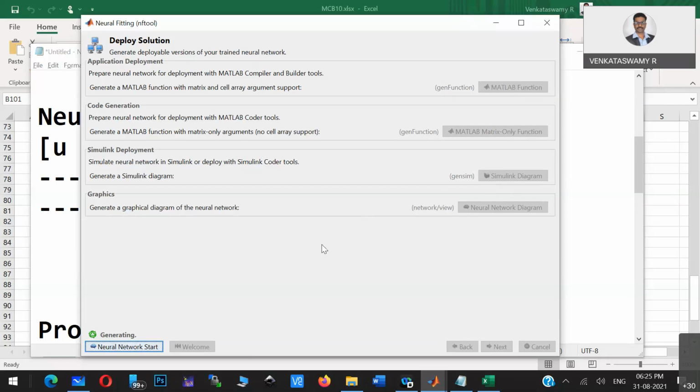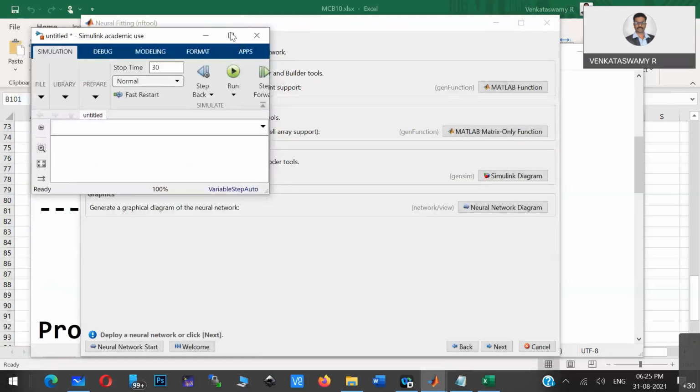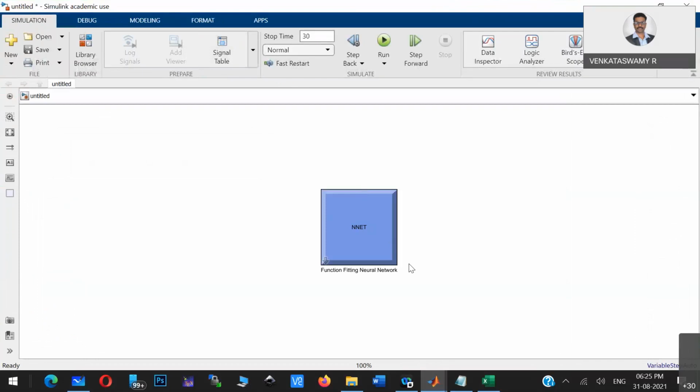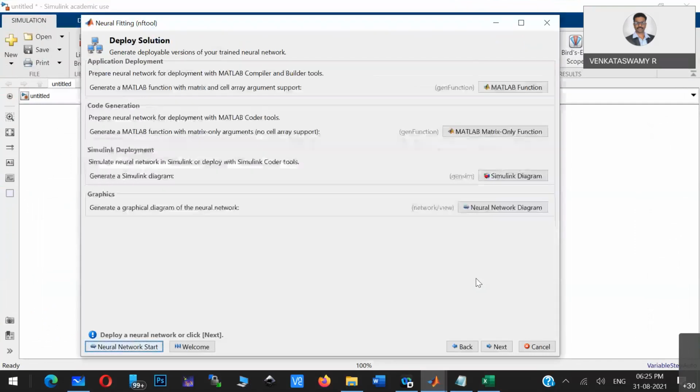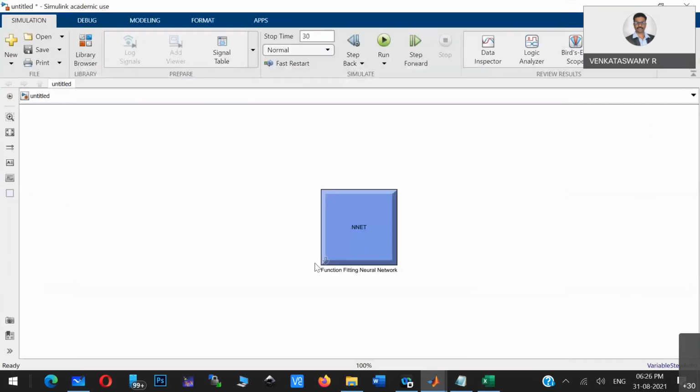You can see in this particular place that model is created. So this model is basically the neural network model.